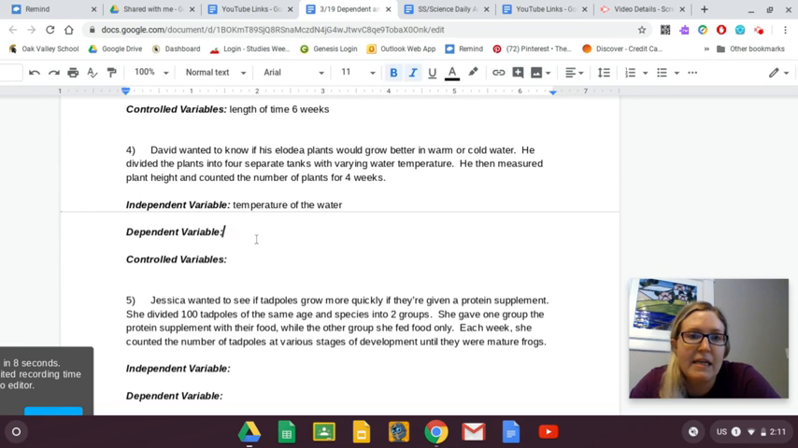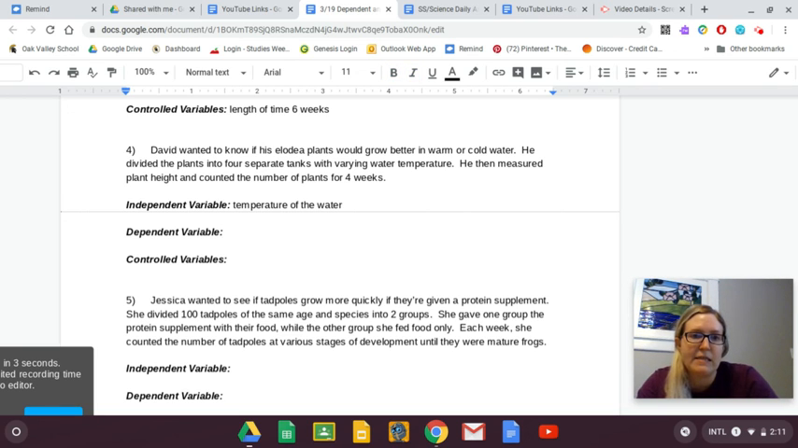And then he is going to look at plant height. So he's then